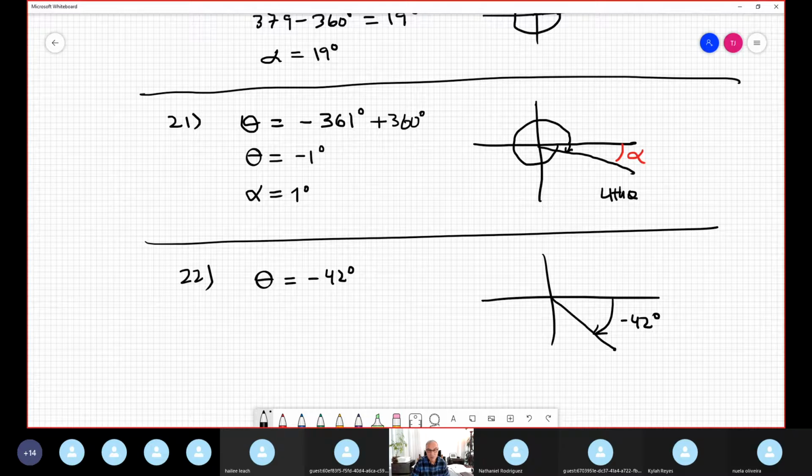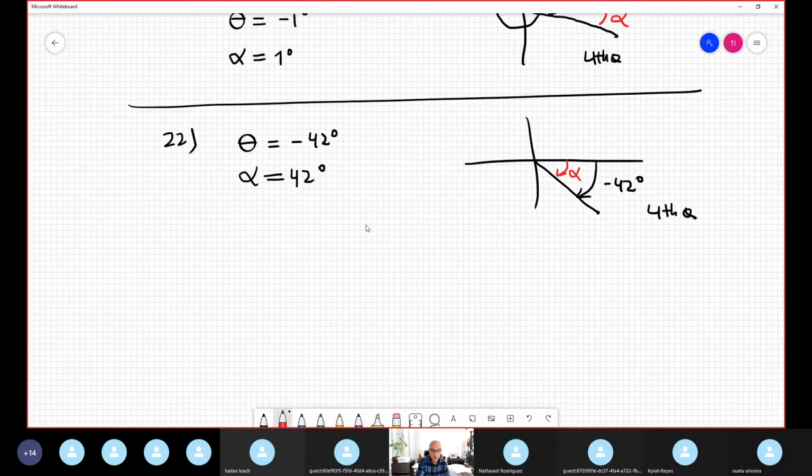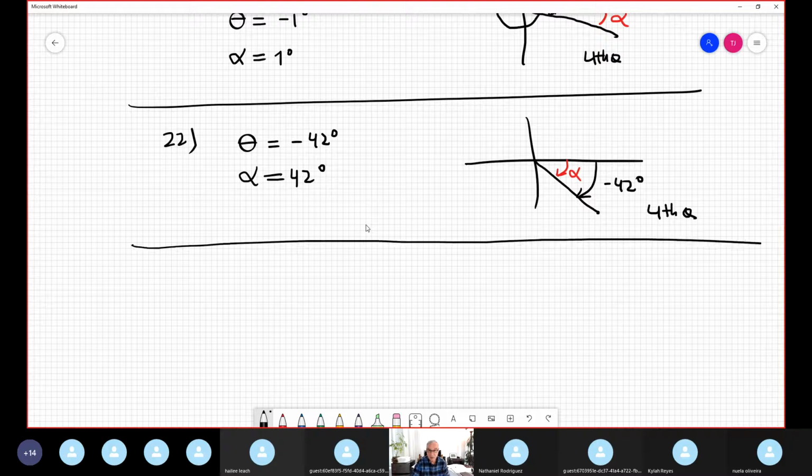Therefore, it lies in the fourth quadrant again. In the fourth quadrant, when it's negative, alpha is equal to positive 42. That's it. This is alpha. The same value, but positive. Always positive. For any trigonometric function you need to find at negative 42, you use a similar value of 42, but you